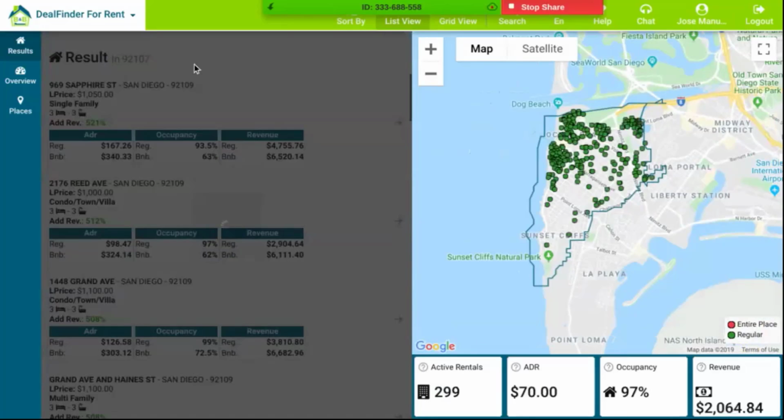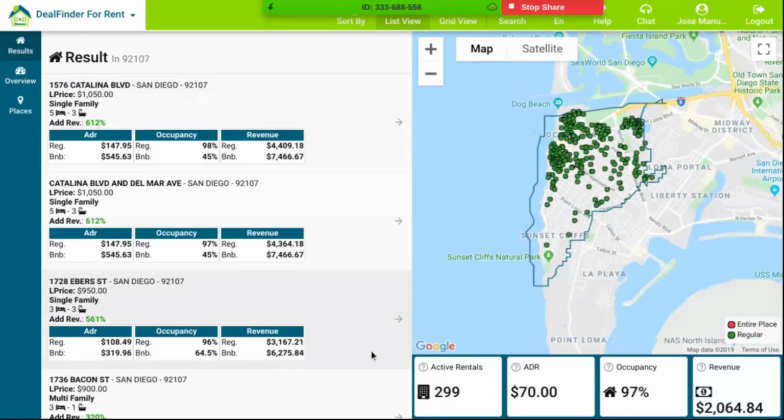Okay, so first, what I want to do is this. Here I have active rentals. There are 299. The average daily rate is $70, and the occupation is going to be 97%. Of course, with a regular rental, usually people rent the property for the whole month.